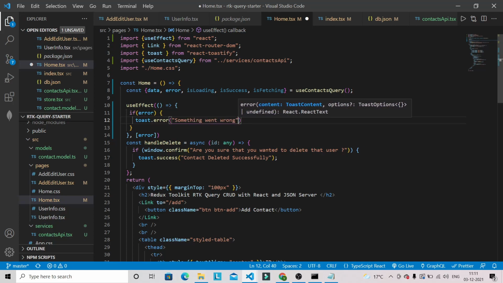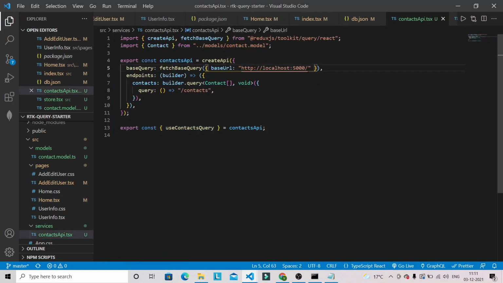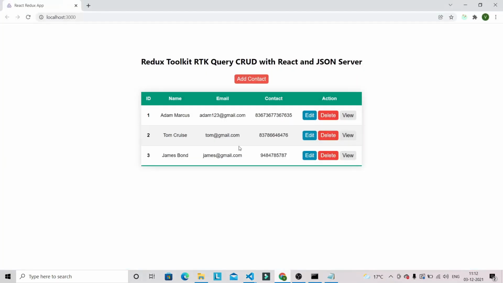Okay, and in order to test this one, we have to make some changes in our contacts API. So let's change this URL to content test. Okay, so this is the wrong URL and we don't have any data on this URL. Okay, so let's save this file and let's go into the browser and refresh this one.